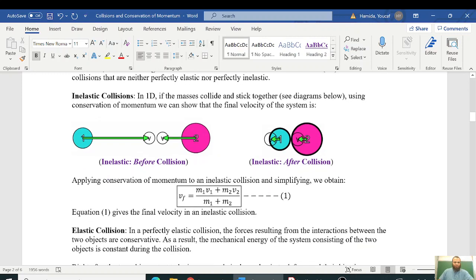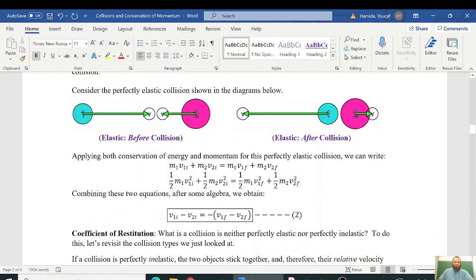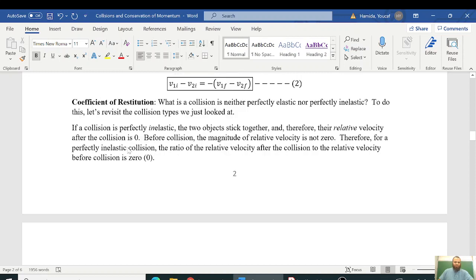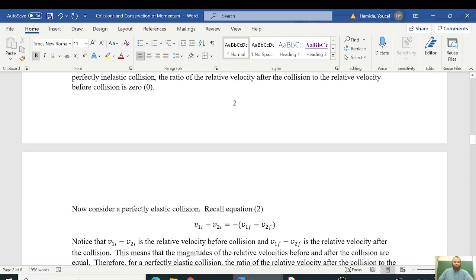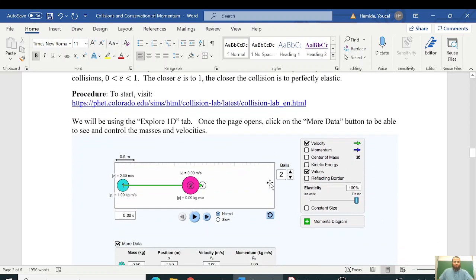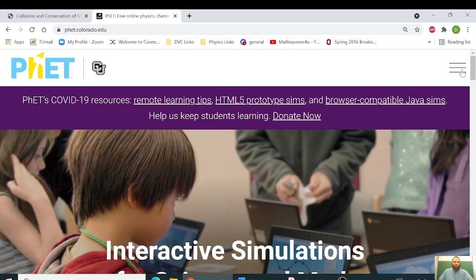So I've written some of the theory on here, and I talk here about the coefficient of restitution, which describes partially elastic or inelastic collisions. The definition of that coefficient of restitution is their relative velocity after collision divided by their relative velocity before collision. Okay. All right. So you can open the simulation by using this link or going to phet.colorado.edu,